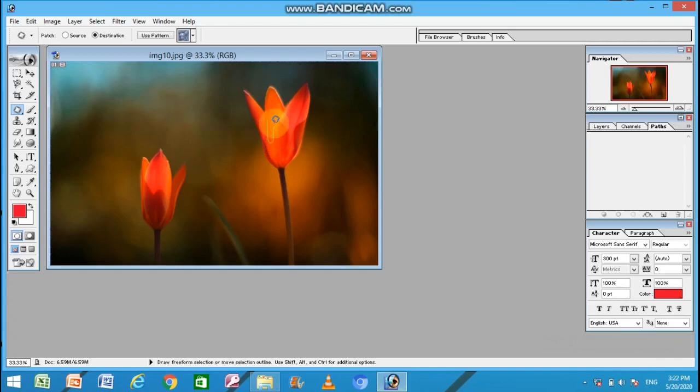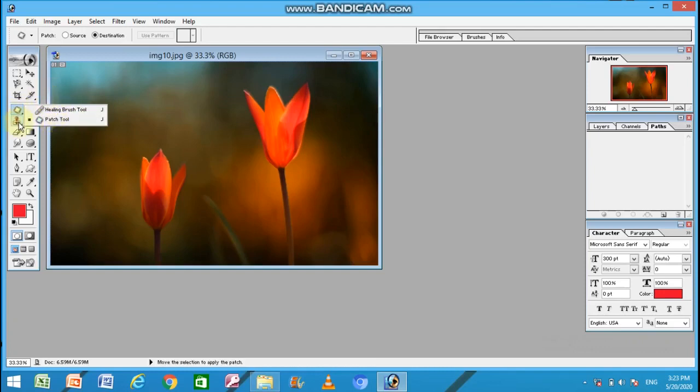Once again, the patch is not proper, so we have to do it again. You can see slowly the affected area is now removed from the image. To remove the selection, press Ctrl D from the keyboard and the selection will disappear. So I have shown you two ways to remove a spot from the graphics, by using the healing brush tool and by using the patch tool.